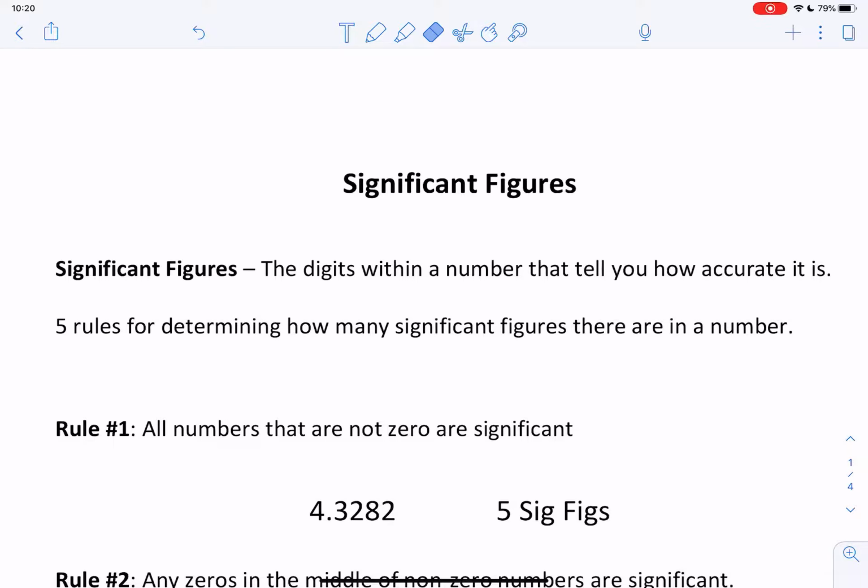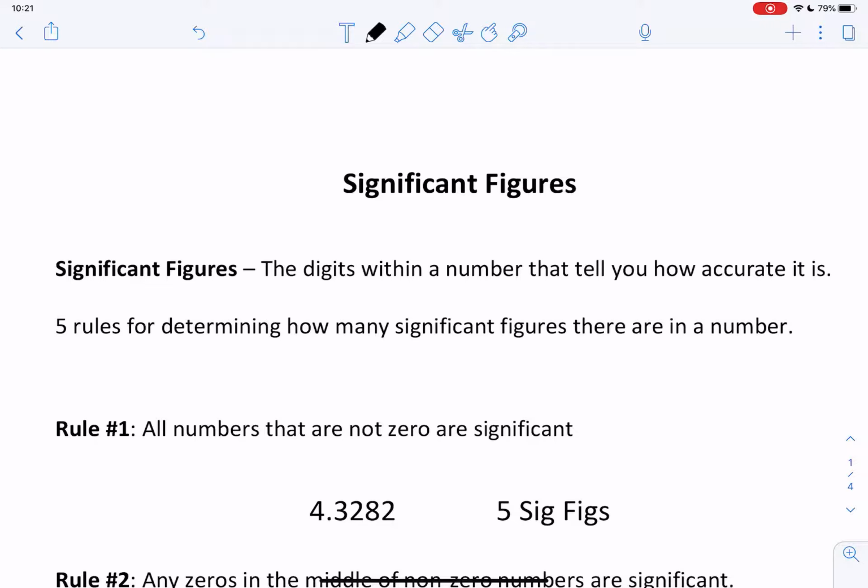Hey guys, this is a video for significant figures. So we want to see when we calculate something how accurate we can get. And we do that by finding its significant figures. So to start, significant figures are just the digits within a number that tell you how accurate it is. It's going to tell you how confident we are when we are either measuring data or gathering data